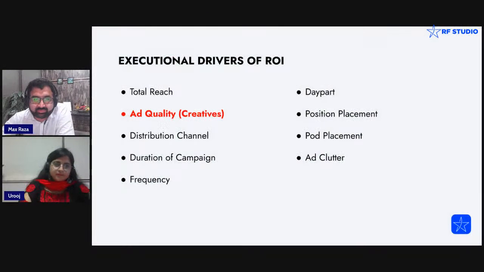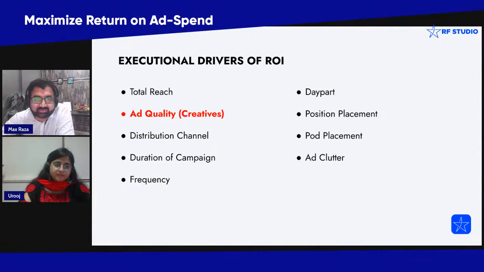Thank you, Uruj. Thank you for hosting this webinar. I'm really excited to share insights and for quickly walking through the key drivers of ROAS. So let's jump right into the topic and explore further about it. As you were mentioning, all these variables matter, and all these KPIs were identified by Nielsen in one of their research articles, how these play a part. And we would be dissecting some of these in detail